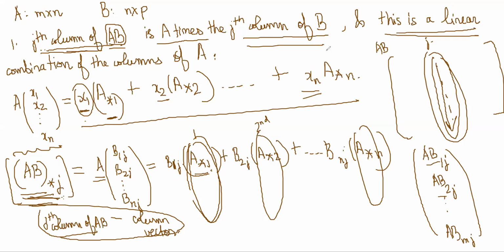That is a linear combination of the columns of A. And what are the scalars in that? Columns of A themselves can be thought of as vectors. What are the scalars that will come there? The scalars that will come here are the jth column of B's elements,